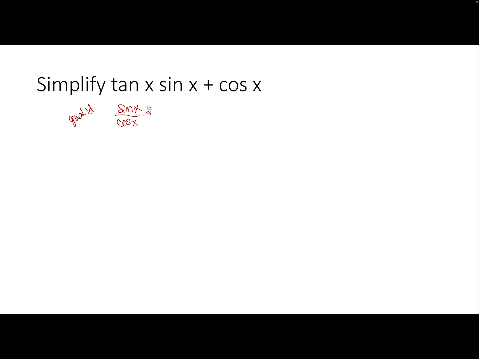And that's being multiplied by the sine of x and added to the cosine of x. So if we have a fraction, the sine squared of x over the cosine of x, that's being added to the cosine of x, just simplified there,